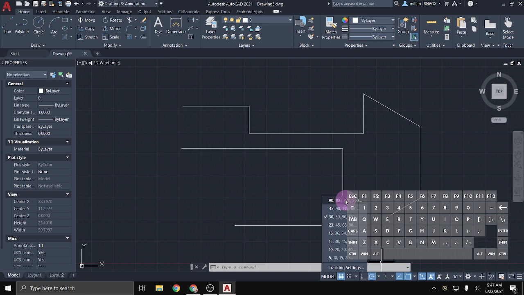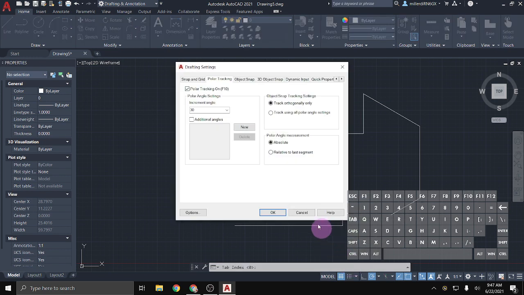So I can have it where it just does every 90 degrees, kind of like ortho mode, 45, 30. I can even go into the tracking settings and I can set it to any angle I wanted. So if I wanted every 17.3